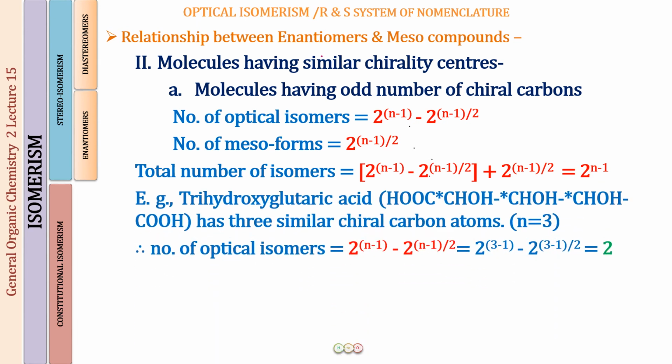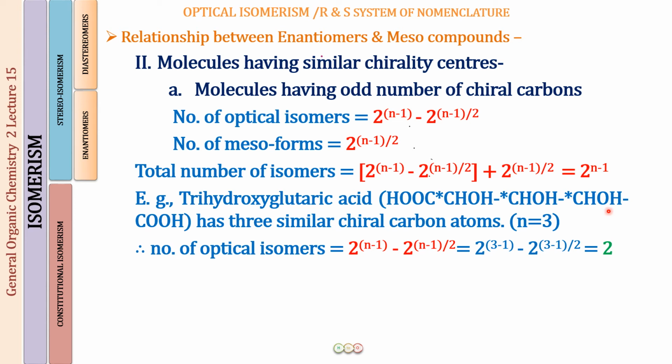So let us look at an example. We have trihydroxyglutaric acid. This is carbon number 1, carbon number 2, carbon number 3, 4 and 5. So this is pentane-1,5-dioic acid with the 2, 3 and 4 positions having OH groups. So 2, 3, 4 trihydroxypentane-1,5-dioic acid. This is going to be the IUPAC name for this compound.